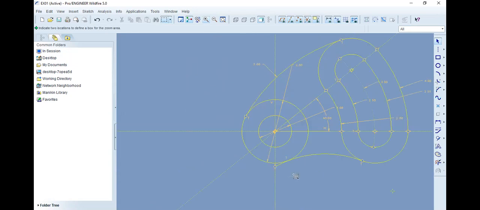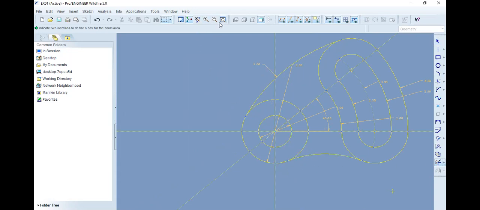So just select the area which you want to zoom in, and again the delete segment command. Select your segment. So I want to delete this segment. I select that segment.